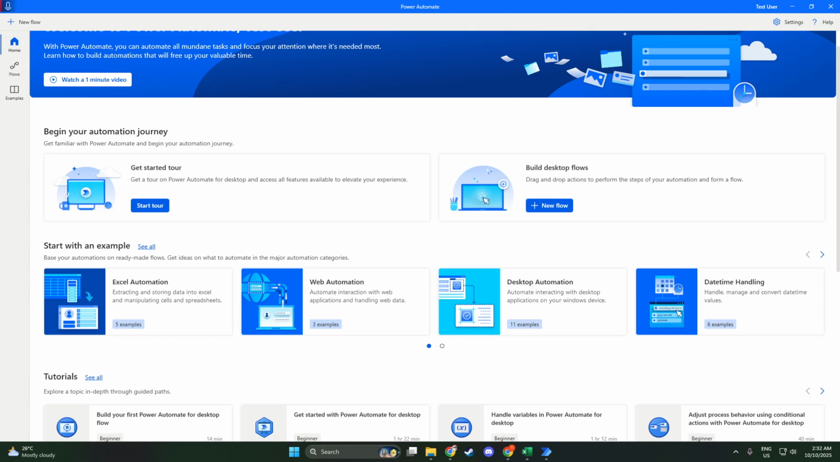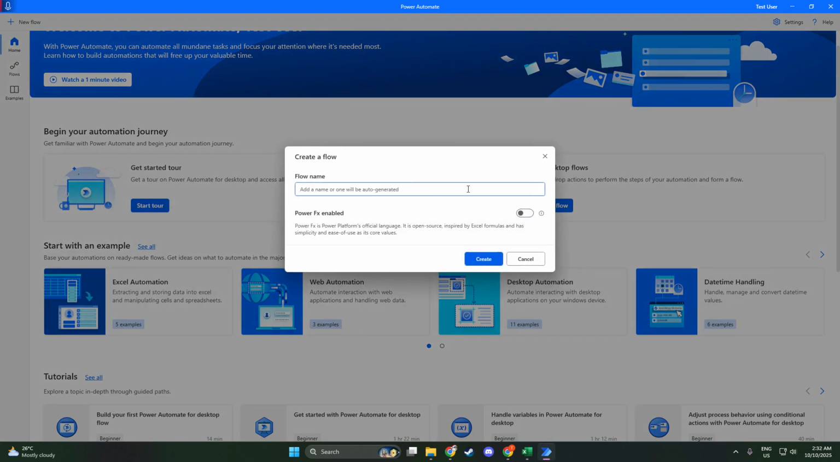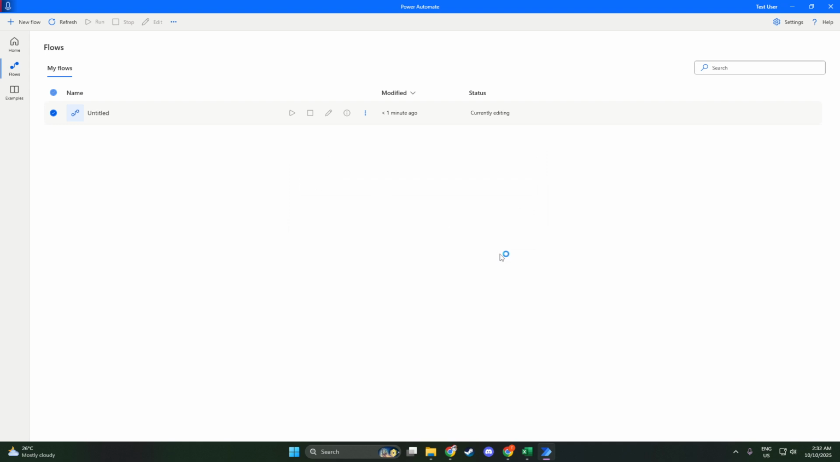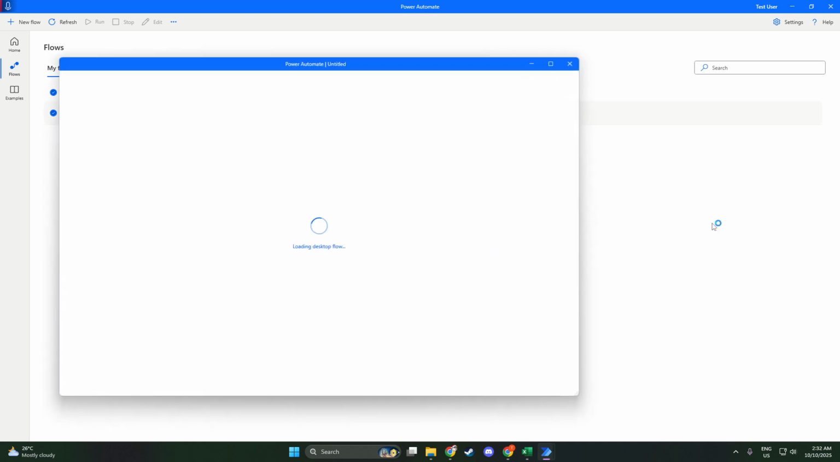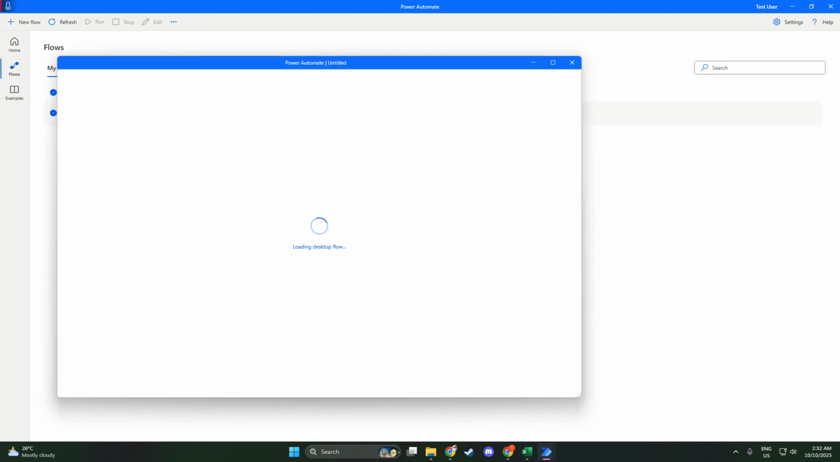our process. To create a new flow, simply click on the New Flow button. You'll be prompted to give your flow a memorable name, something that clearly indicates the task it performs for easy identification later. Now that your flow is named and ready, the next step is to add the required zip files